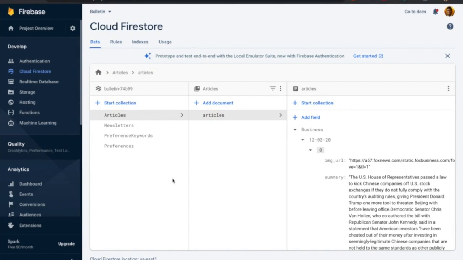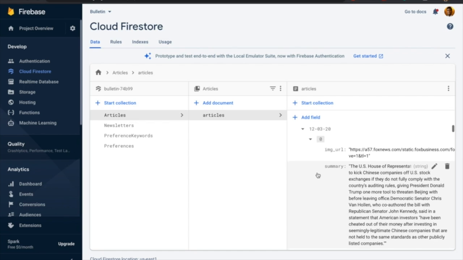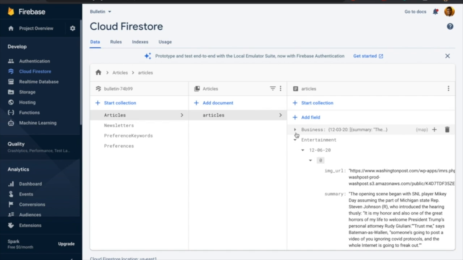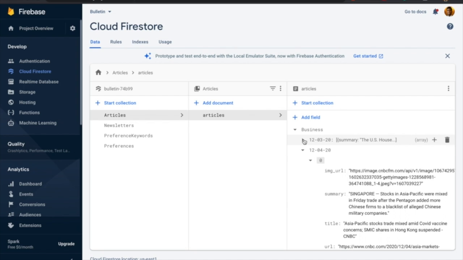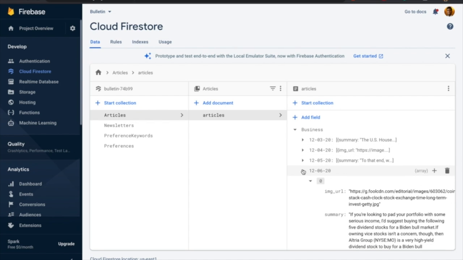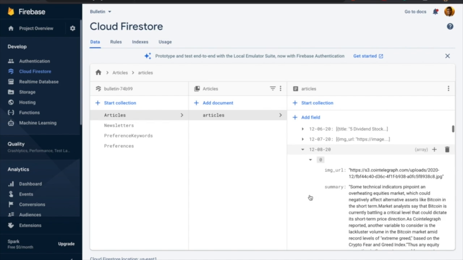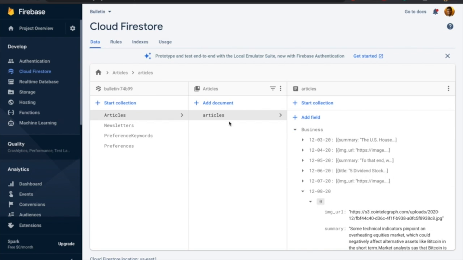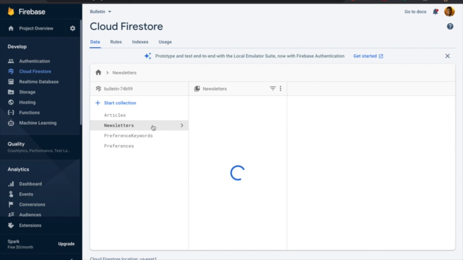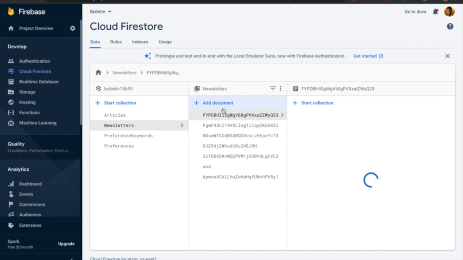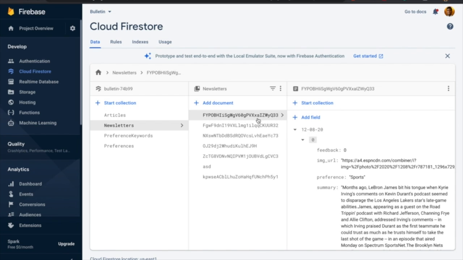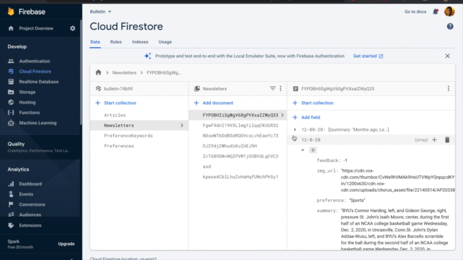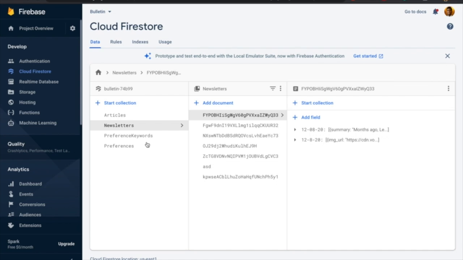Here we have our main database structure. Under the articles collection in Firebase, we store our articles generically by category and then by date. So under business, we have all our articles for each date so far listed out right here. This is a great way to display those articles on our landing page. Here we have our newsletters, and we do this on a per user basis. So each user has their set of newsletters, and here we index this by date, which seems kind of obvious.